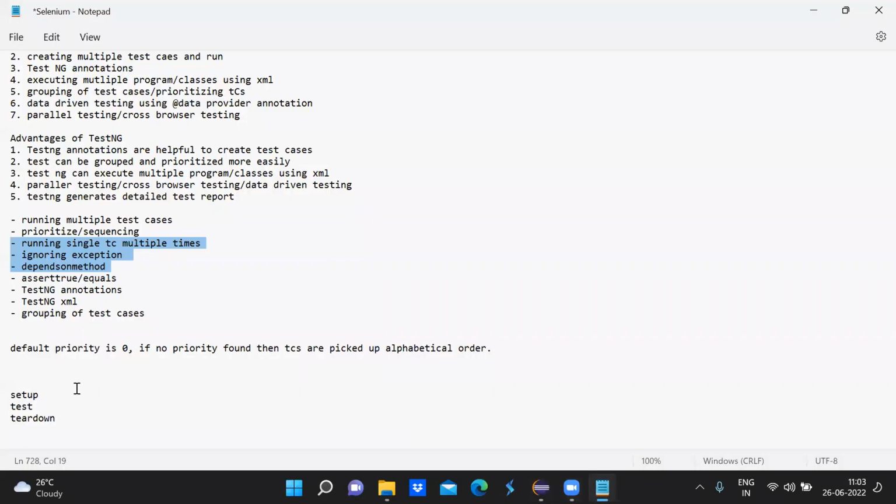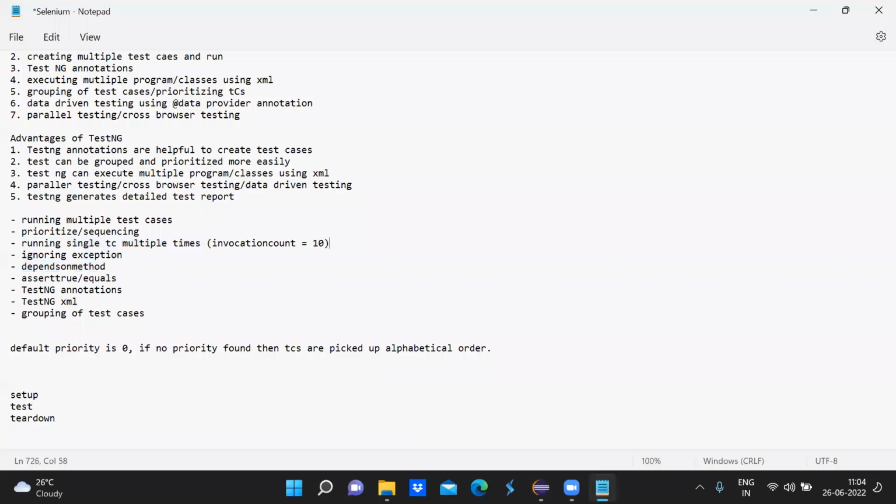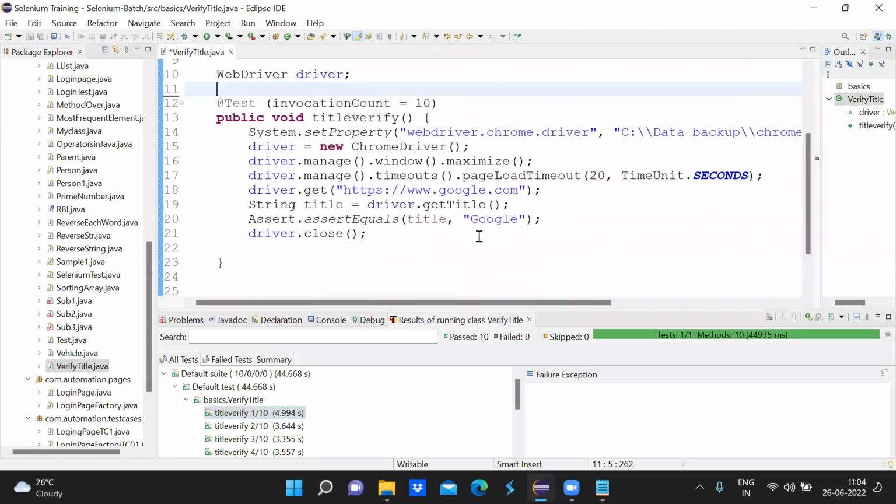Okay, so invocation count, and that should be provided along with your @Test annotation. Okay, next is your dependsOnMethods. Okay, so let's say I am having a couple of methods in my TestNG class,